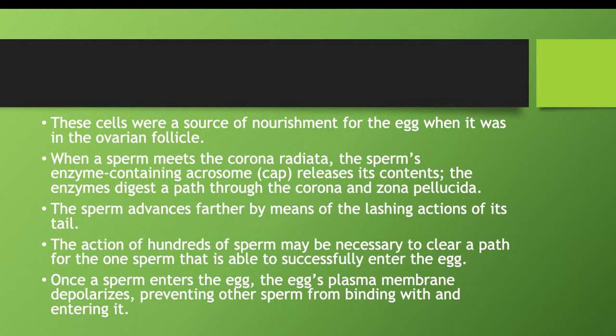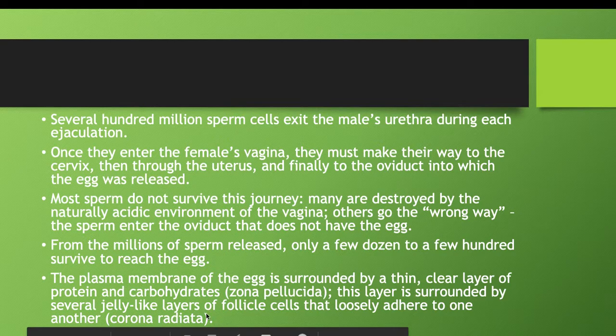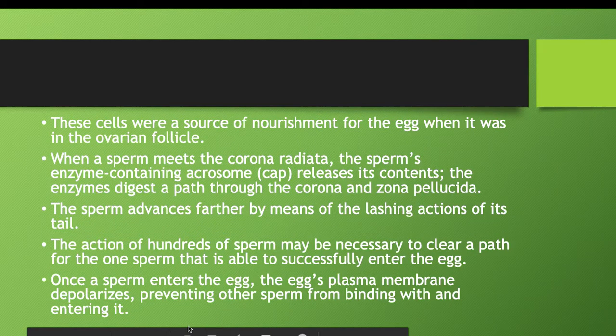These cells, or this membrane, is there as a source of nourishment for the egg when it was in the ovarian follicle. So when it was developing, this little membrane was there to give nourishment or food to the egg while it was developing. When a sperm meets the corona radiata, so if we look back, that's one of the layers of the follicle,